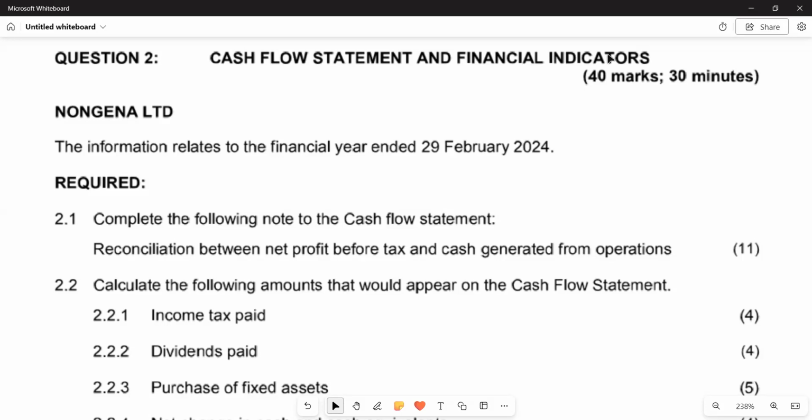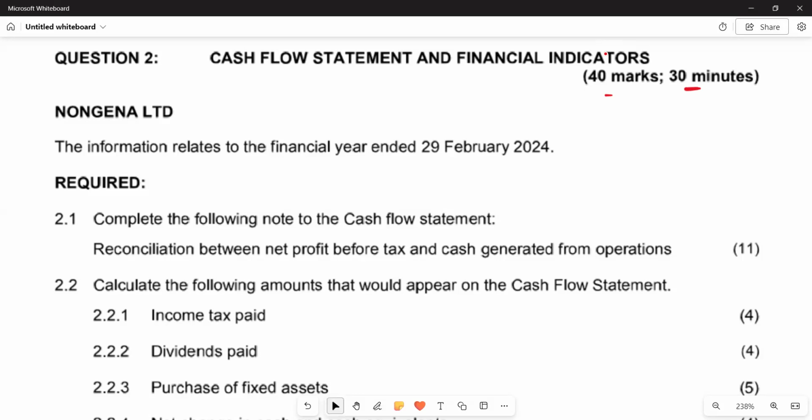In this video, we want to look at a question for cash flow statements and financial indicators. Our question has got 40 marks. It requires you to spend on average 30 minutes on this question. This is a question on Non-Guinea Limited, whereby we are given the information related to the financial